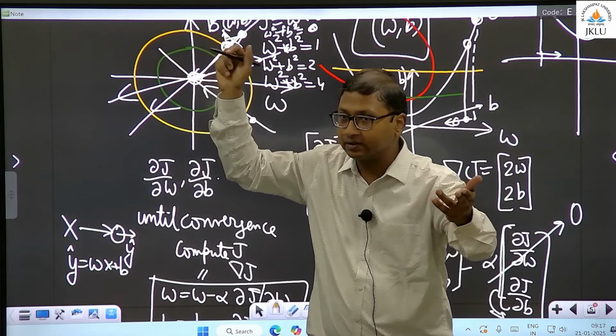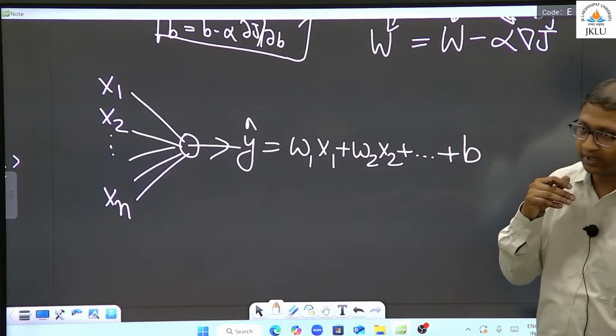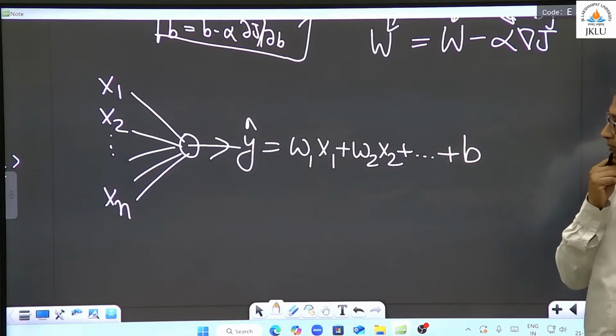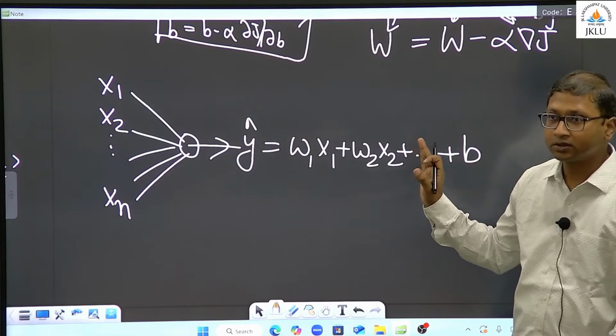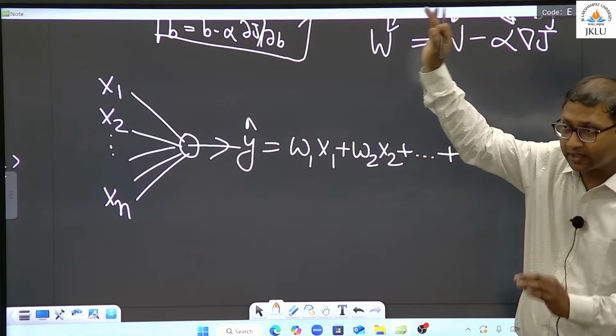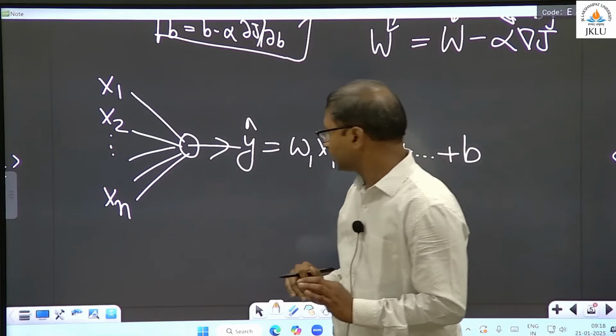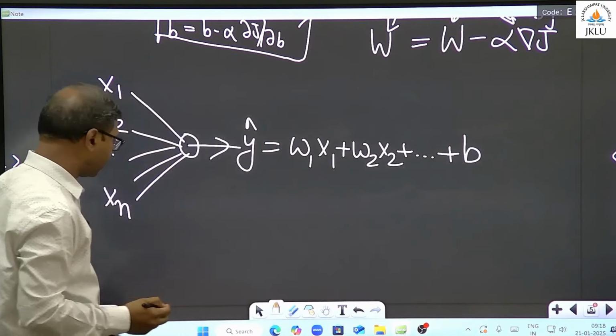What will be my j? So this is the most general linear equation, linear regression now. What will be my j? Same as before, exactly same as before, right? So I will still have, give me that equation,